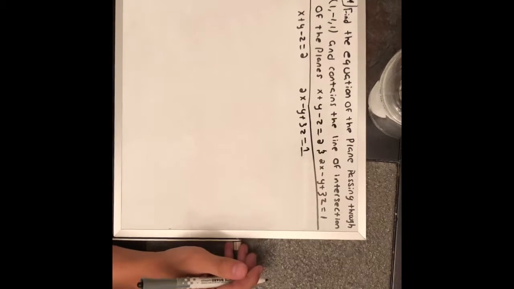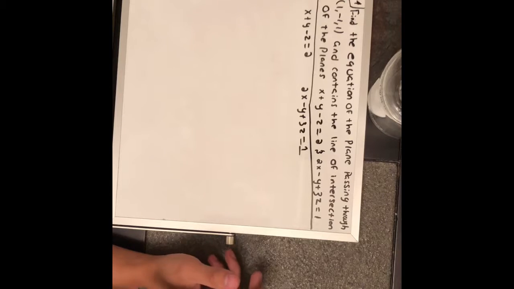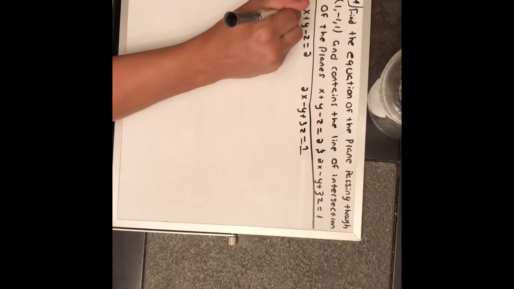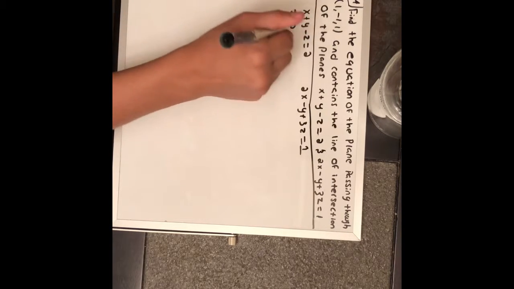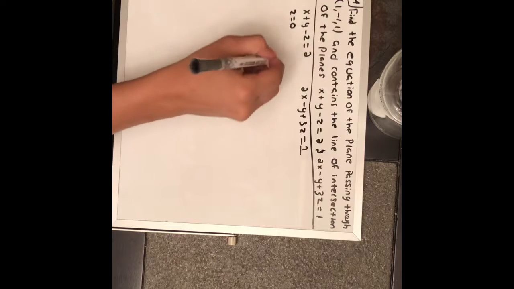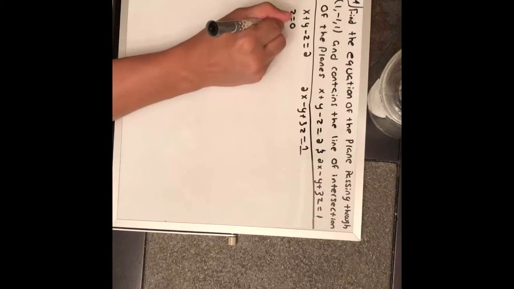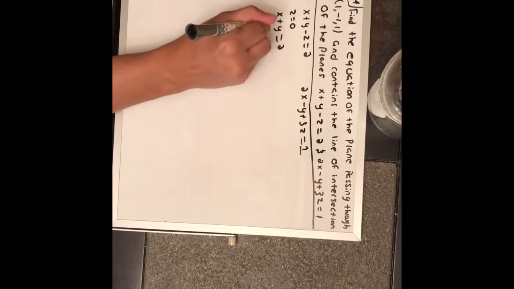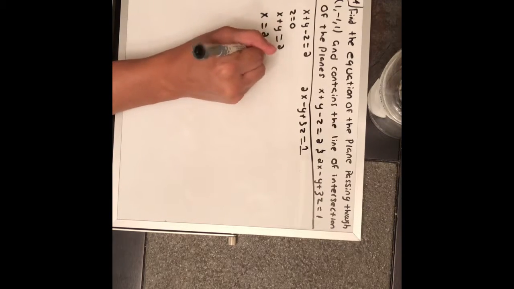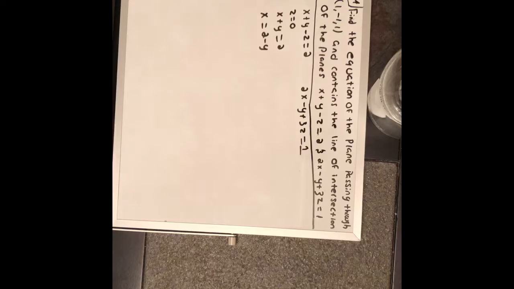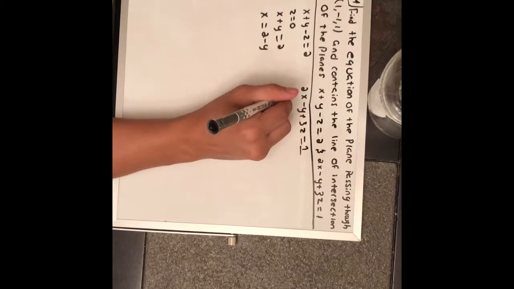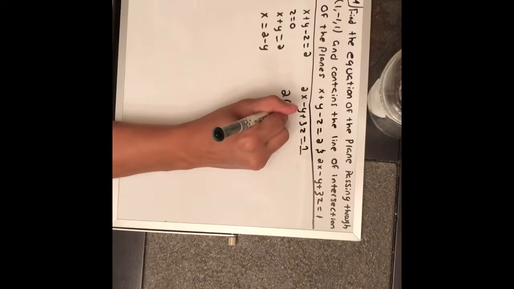To solve this problem, we want to find a point of intersection. To do this, we're going to set one of these variables equal to 0. So I'm going to set z equal to 0, and we're going to solve for x. Here we have x + y = 2, or x = 2 - y. Now we plug this x into the other equation and solve for y, keeping z as 0. So here we have 2 - y